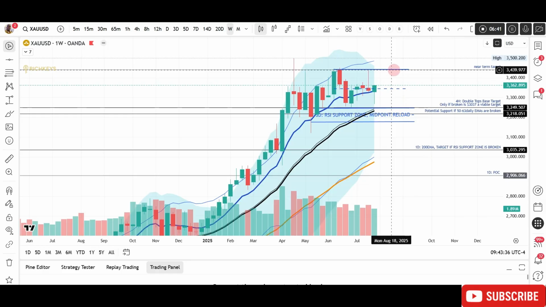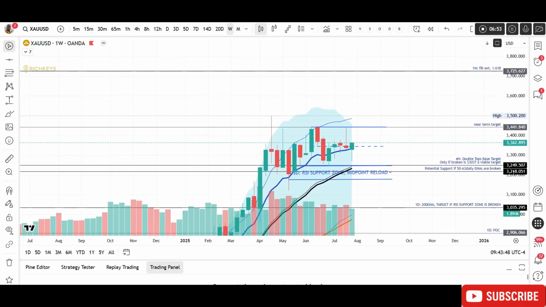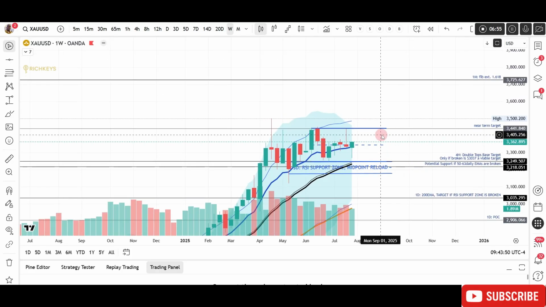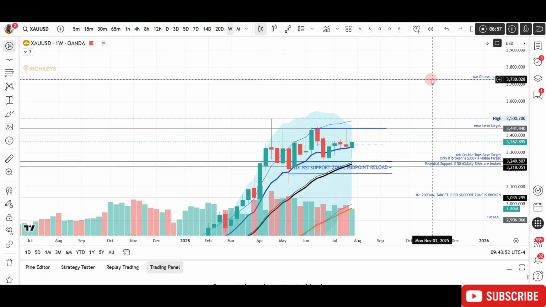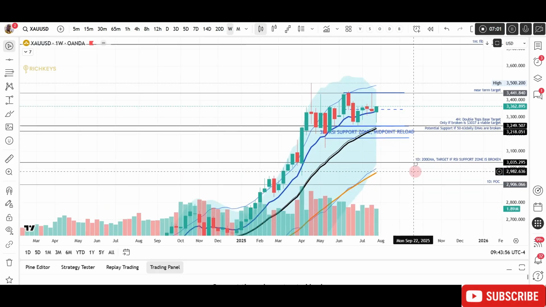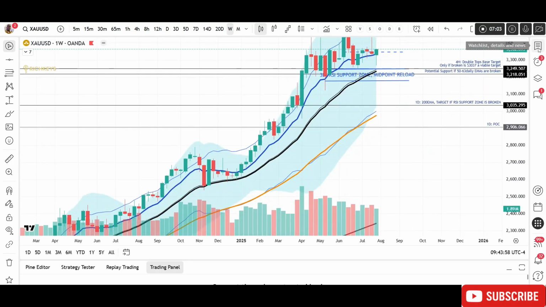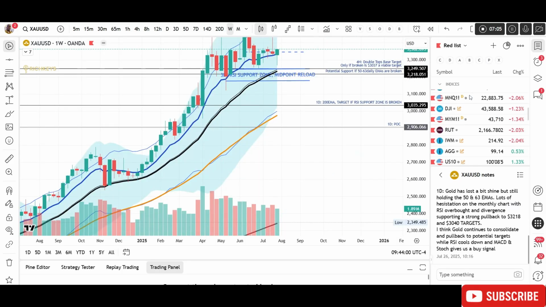And if we do get any candle that opens and closes above this 3441.8 level, I'll consider that as a breakout, potentially to take us to our next target, which, if the rally gathers enough steam, is somewhere around 3730. Briefly, next, let me quickly look at the dollar index.